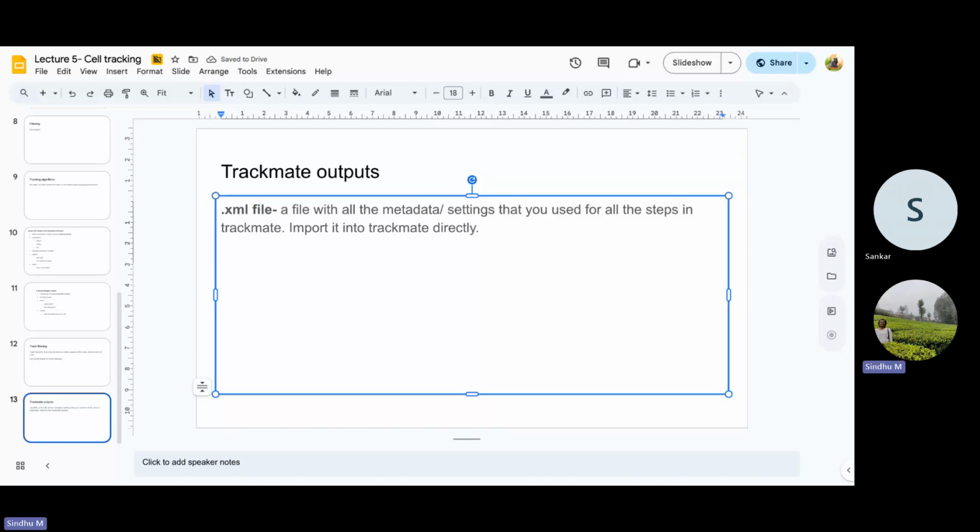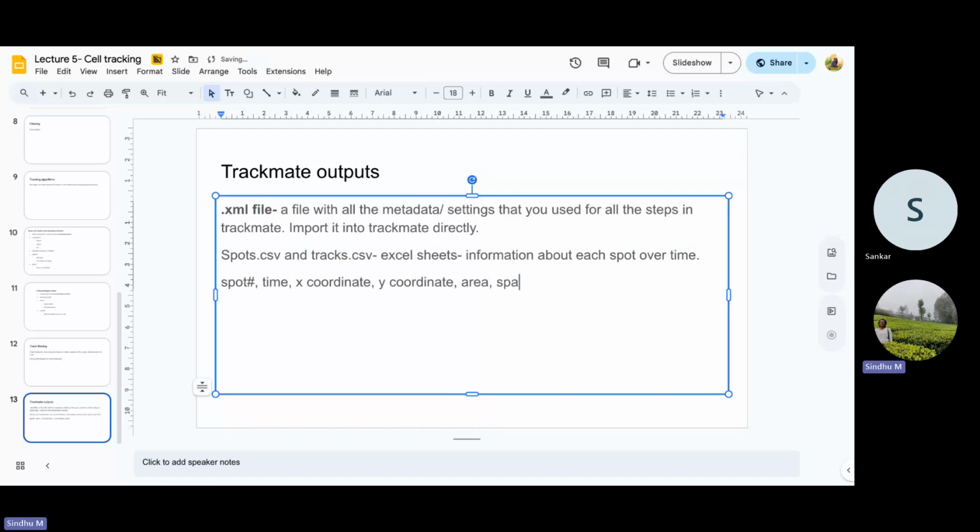And apart from that, you also get CSV file outputs called spots.csv and tracks.csv. These are like Excel sheets which have information about each spot over time. It will have columns like the spot number, the time point or the time, depending on whether you have given the conversion factor or not, and then the x coordinate of the spot at that time point, and the y coordinate of the spot at that time point, and other features like what was the area of the spot at that time point,